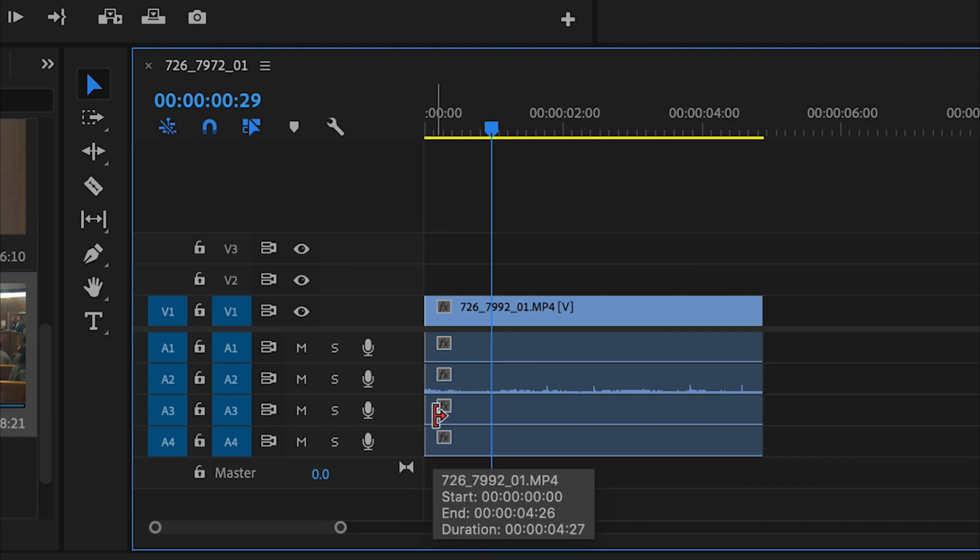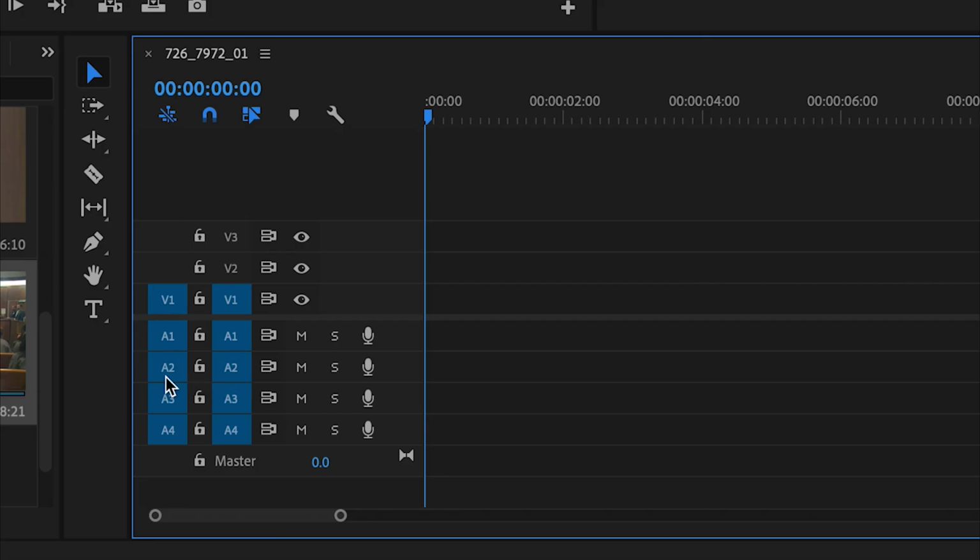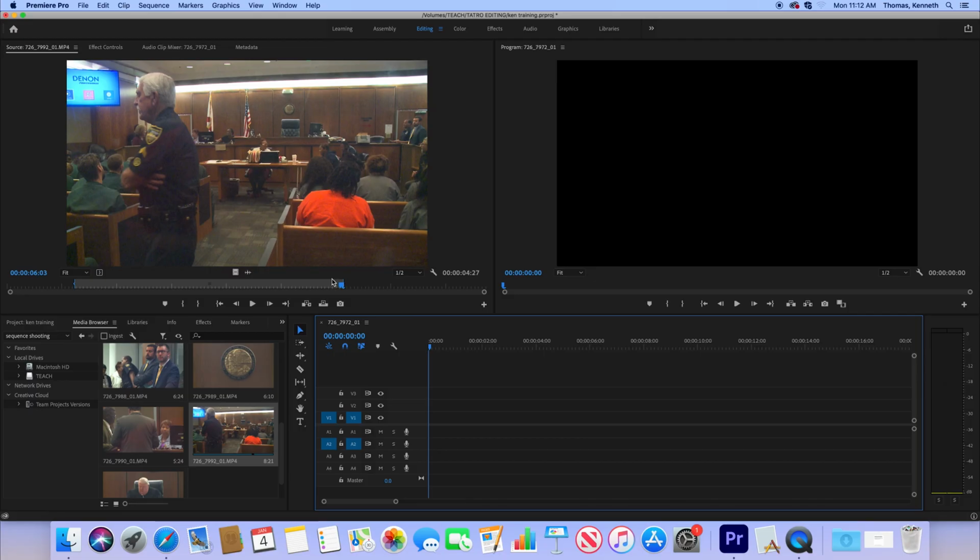So I'm going to hit Command Z and take that off of the timeline. And then I'm going to go over here. I know that my audio is on A2. I only want to bring over my A2 audio. So I literally turn off, by clicking, the audio that I don't want. So here you go. Anything that's in blue is turned on. Anything that's in gray or black is turned off. So when I go back up here and I hit period